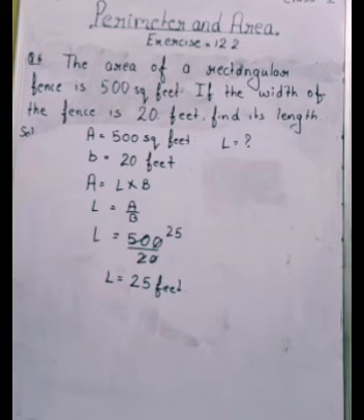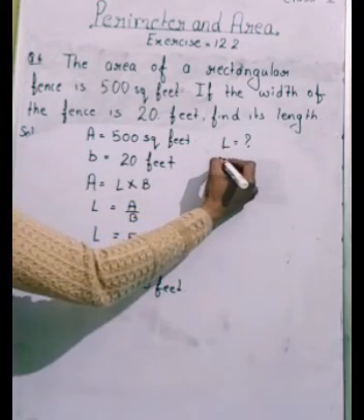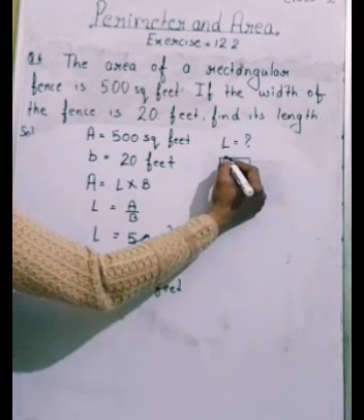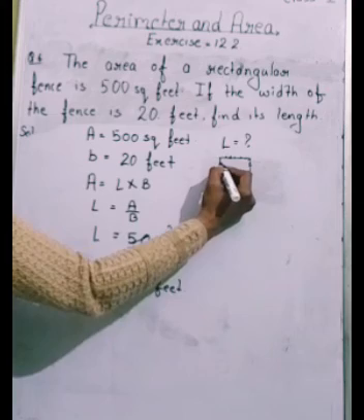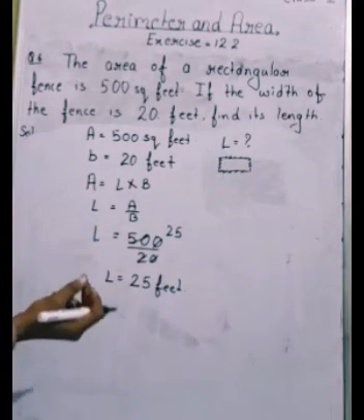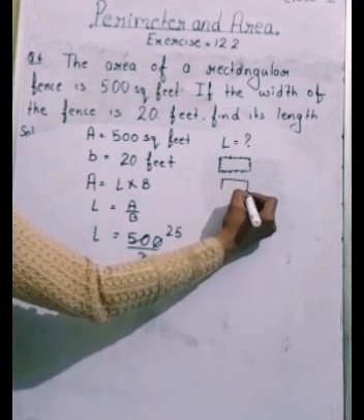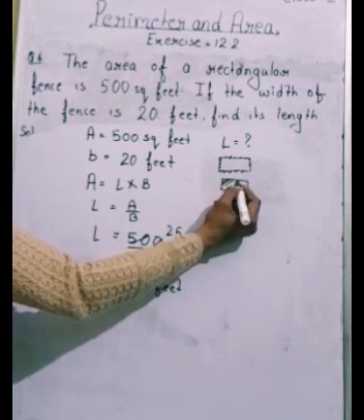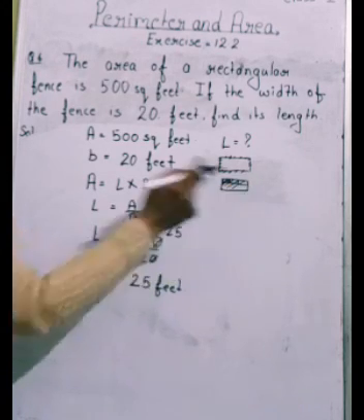Okay students, this is the way of solving questions in which you have to find the perimeter or area of a rectangle or a square. So if they have given you a rectangular park or a square park and you have to do fencing around the park, or make a boundary around this park, then you have to find the perimeter. But in case they have given you a rectangular room, and you have to cover this room by putting a carpet over it, or place tiles over this room, then you have to find its area.